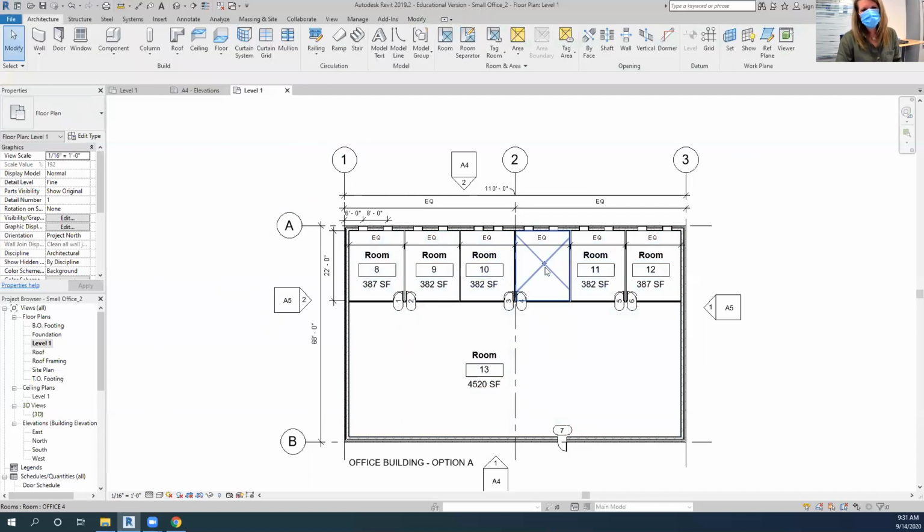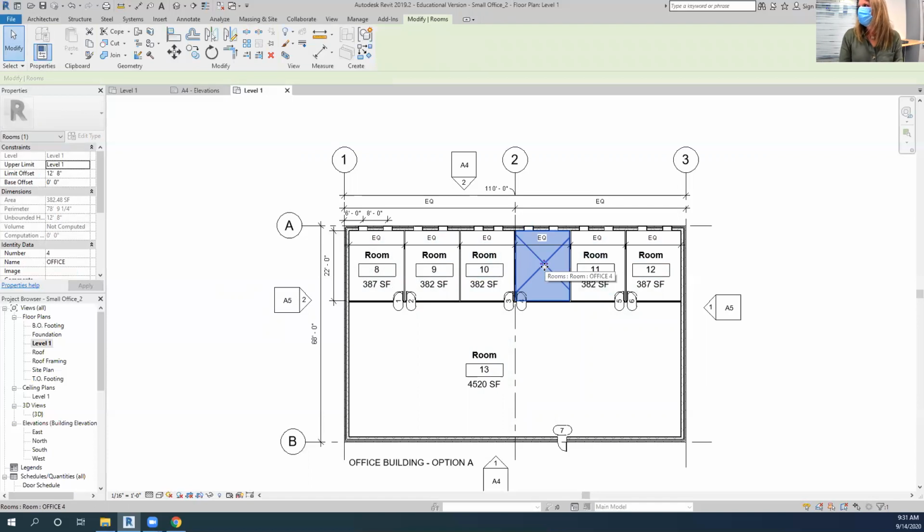All right, so this one actually already had a room placement, but I didn't have the room name convention or the tag text on when I placed it. So if you don't have that selected, it'll place a room, but it won't put the text associated with it. And it doesn't mean you can't do that. It's just, you want to be careful about not doing duplicates, because if you were figuring out, let's say, for this building,